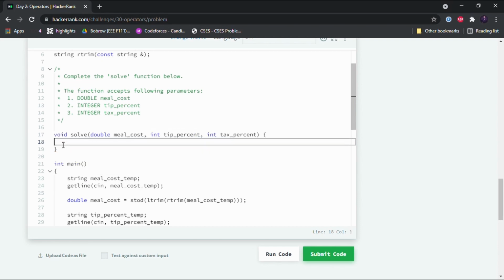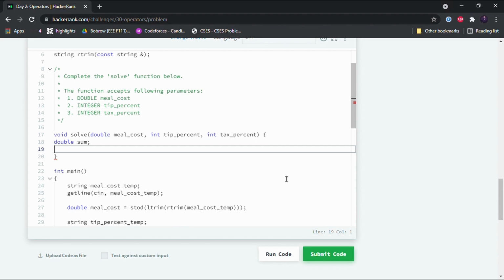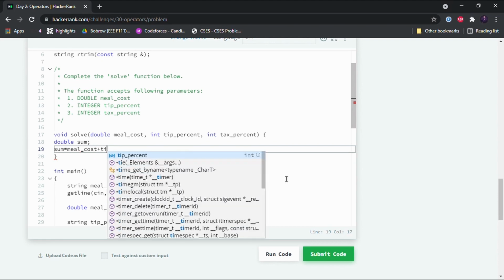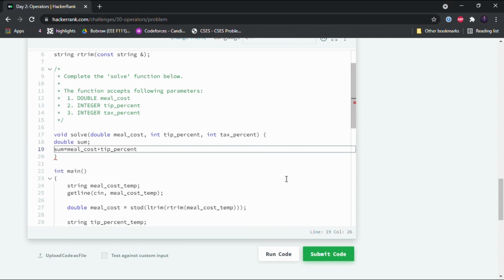So we have to complete this function. Let me first declare a double variable called sum. Now sum is equal to the base price of the meal, which is meal cost, plus the tip, which is tip percent into meal cost by 100. I'm assuming that you guys know math, so I don't have to explain how we calculate the percentage and all.